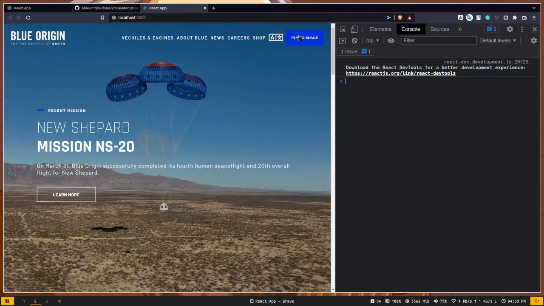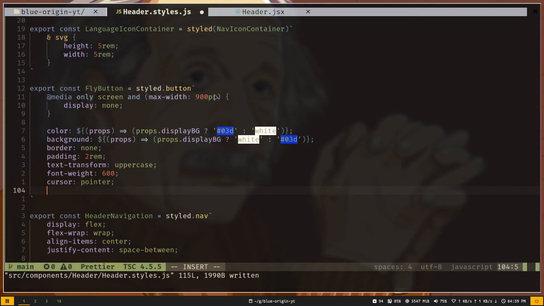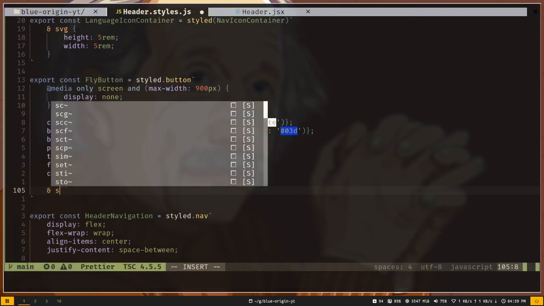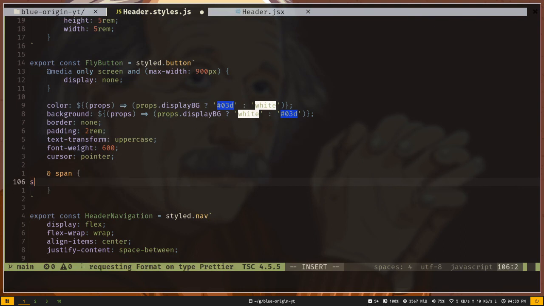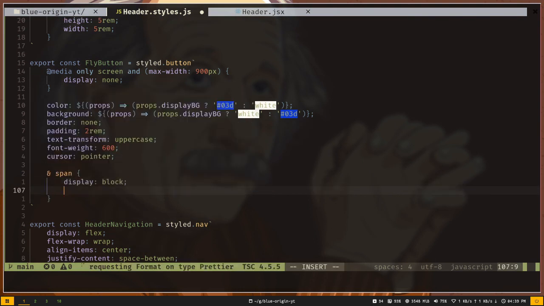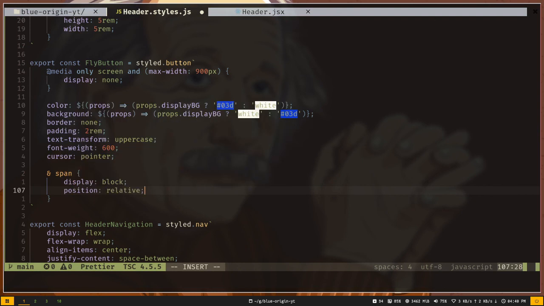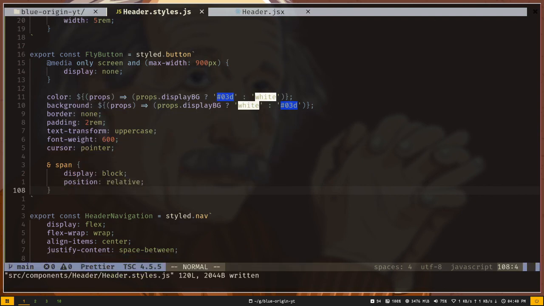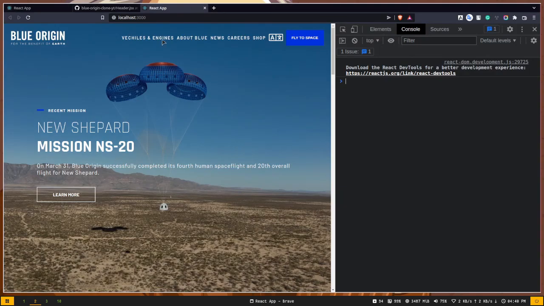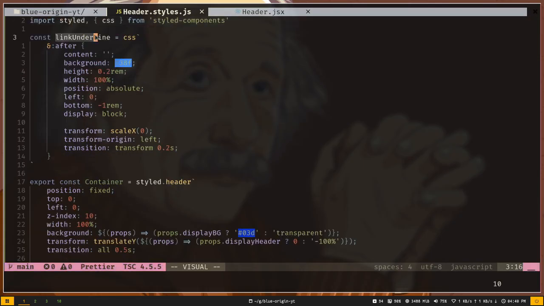Okay, so this is our button. Now let's select the span tag. Let's make it display block, and position will be relative, and we also want the hover effect of this nav icon. So I will add the CSS mixin link underline,